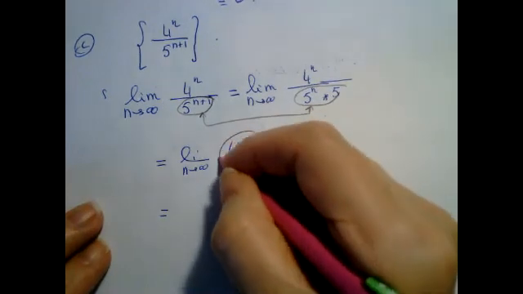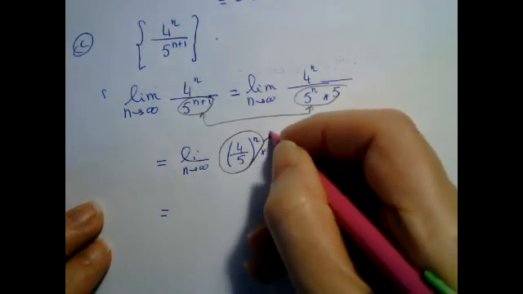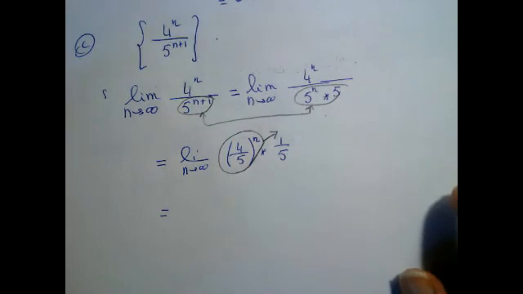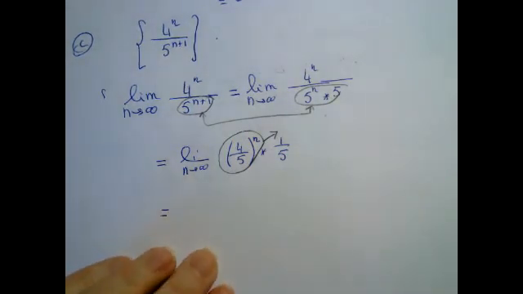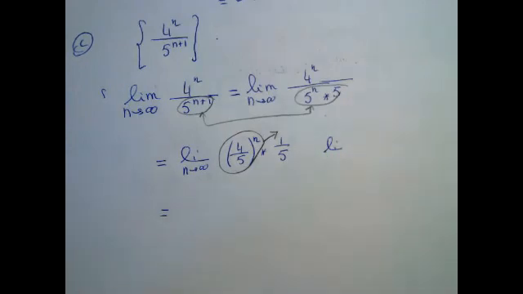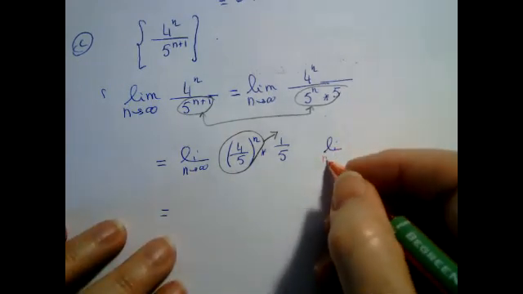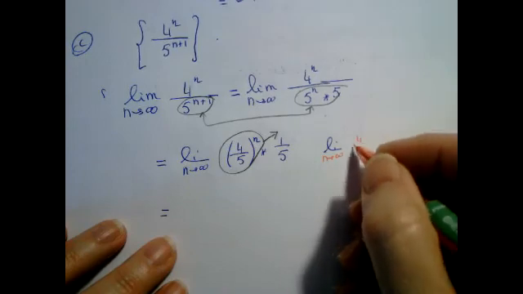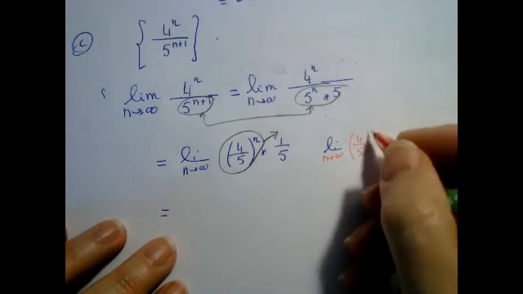This term here, what happened to it as n goes to infinity? It converges to 0. Right, the limit as n tends to infinity of 4 over 5 to the power n is equal to 0